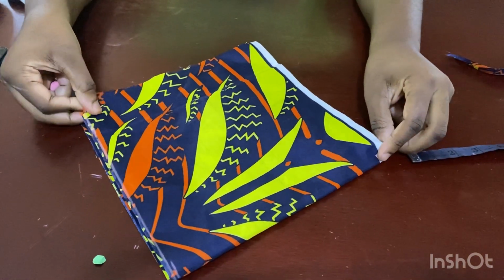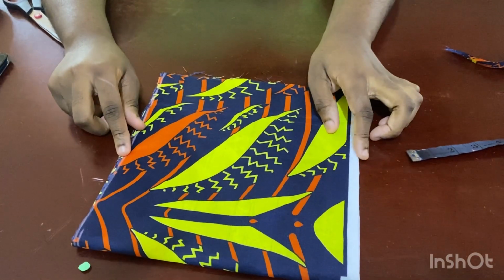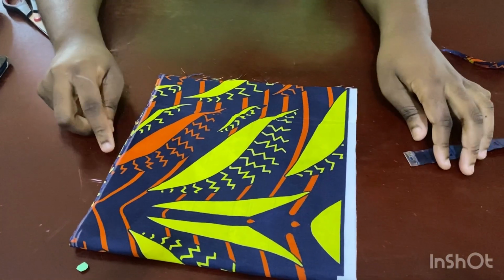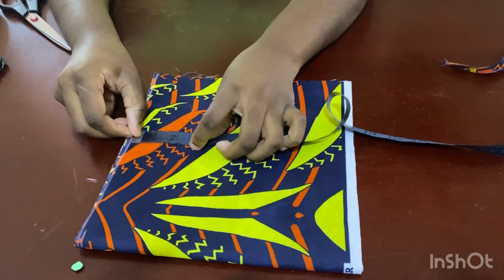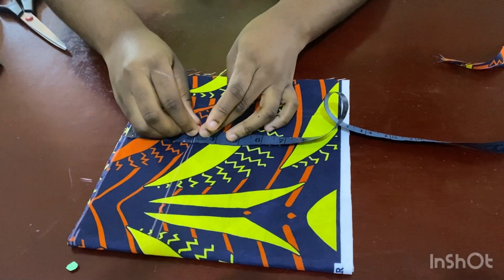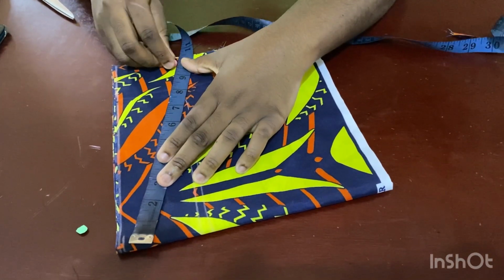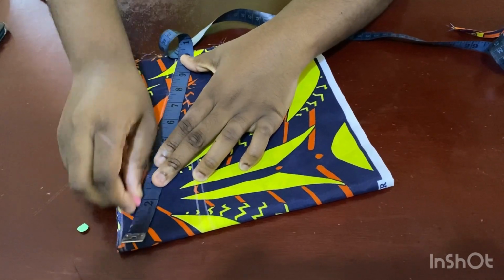So the length I have for his sleeve is about 7.5, but I added an extra 2 inches to it to help fold the end and join it to the body. After that, I'm going to come down here by at least 3 inches. For an adult, I would normally do 4 inches. So come down 3 inches here, and then I'm going to connect from this point here to the top,